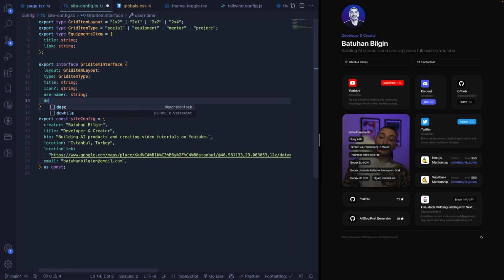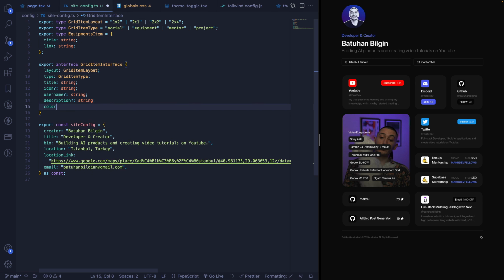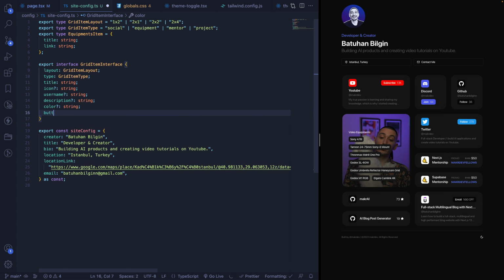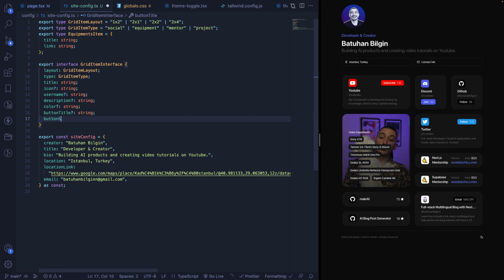Okay, description like this, and color like this. We will get these colors from our data, and button title, right? These titles, and button secondary title for these light texts. Okay,